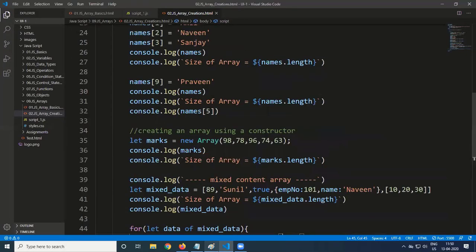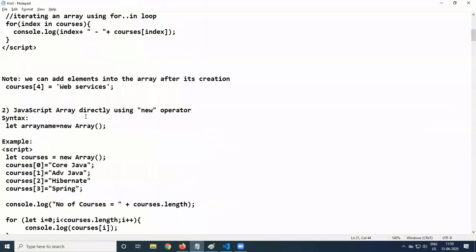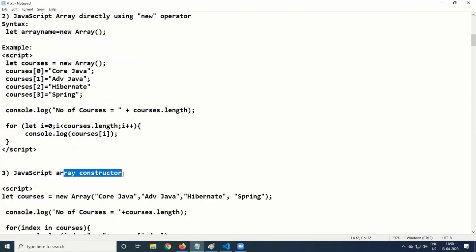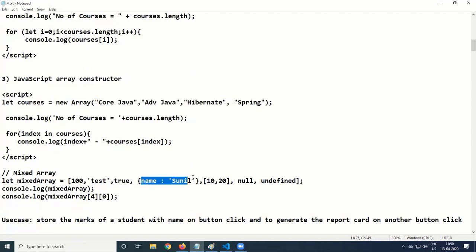So these are the 3 ways you are able to create an array. One is as a literal, another is by using the new operator like new Array, storing the values into that. Then array by using a constructor, new Array of the values we are providing. And also we can have a mixed array: 100, test, true, object, array, null. Null is also object type, undefined.